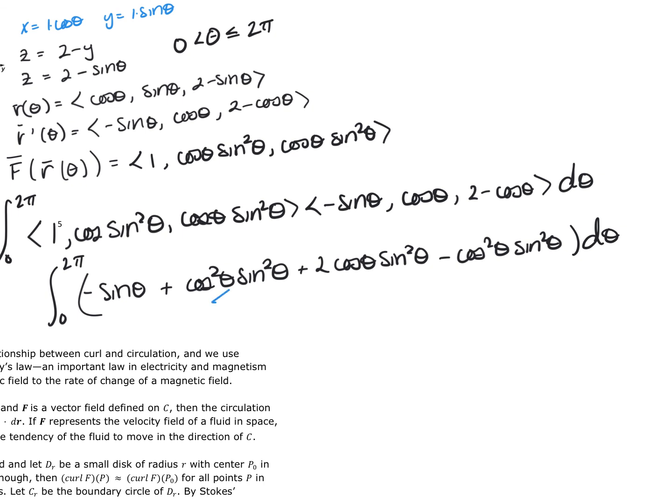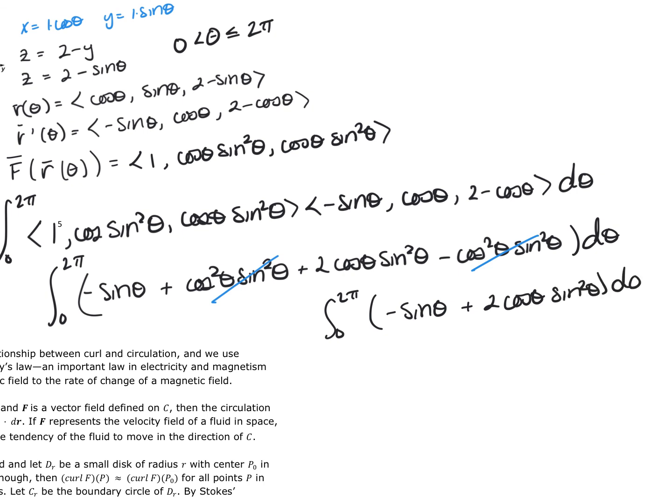Now this is nice. These two cancel themselves out, leaving me the integration from 0 to 2 pi of negative sine theta plus 2 the cosine theta sine squared theta,